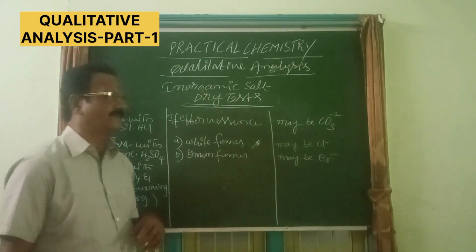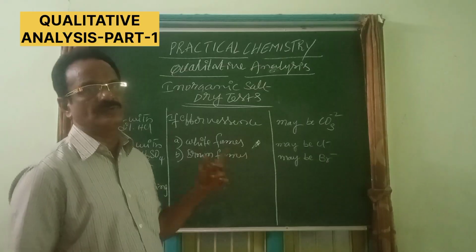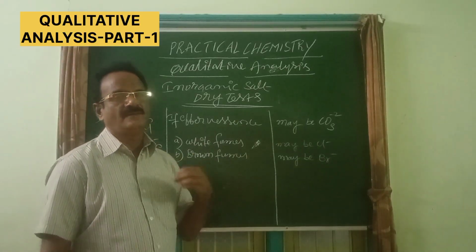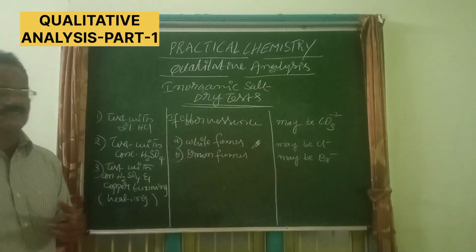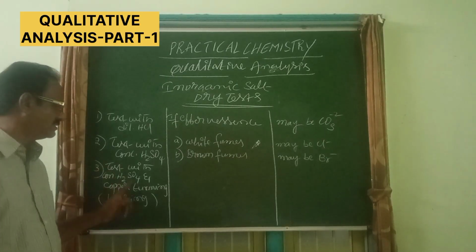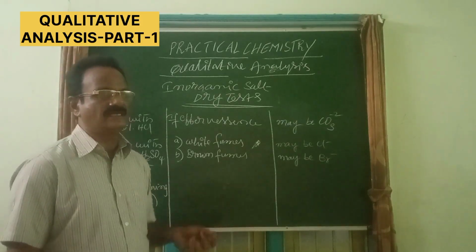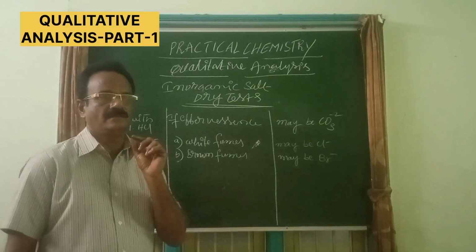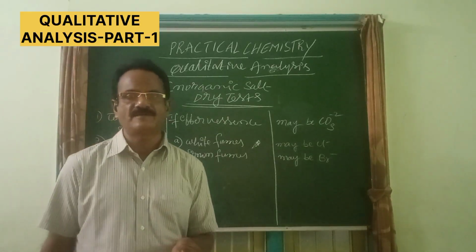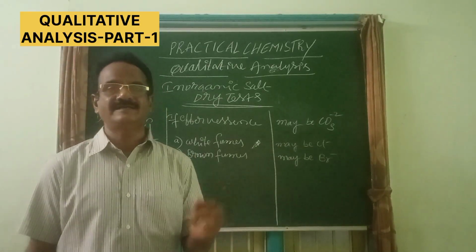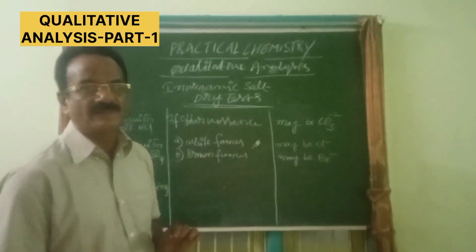Regarding a simple salt, when the two tests do not give positive observations, then one has to go to the third test, that is the test with concentrated H2SO4 and copper turnings. The analyst has to take a salt in a dry test tube, add a few drops of concentrated H2SO4, then add small pieces of copper turnings,